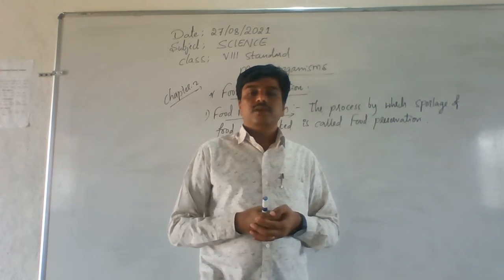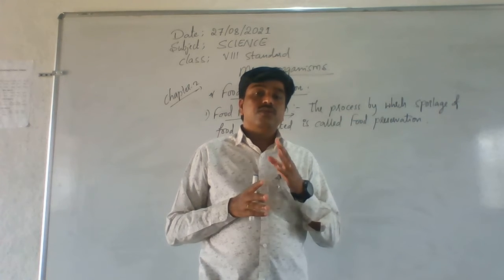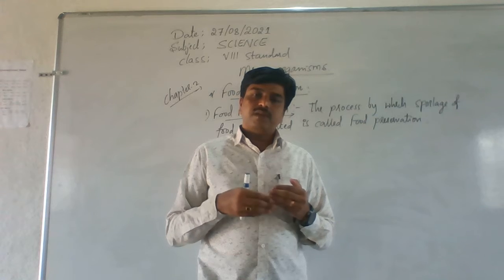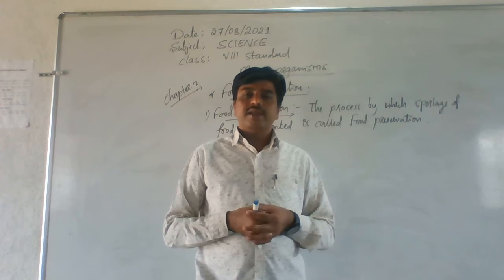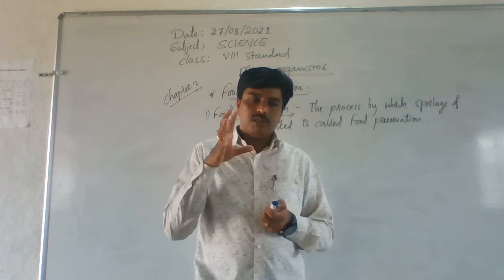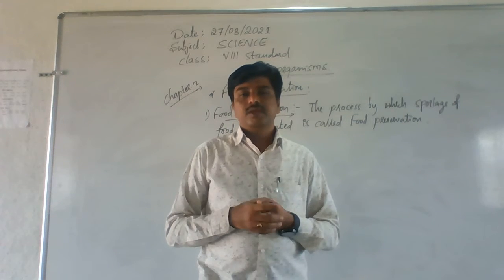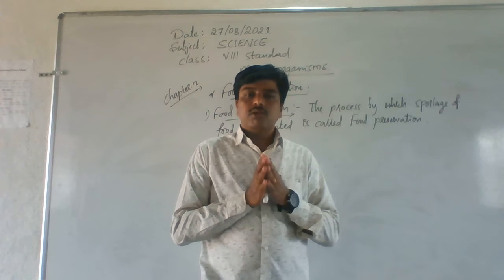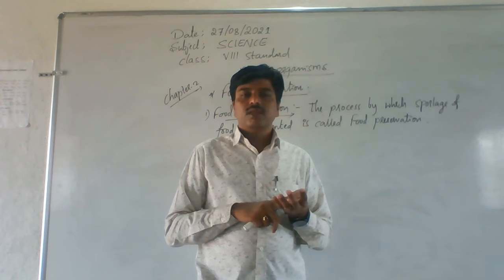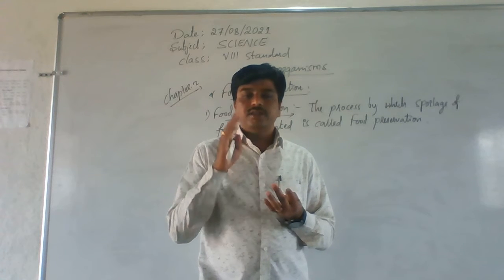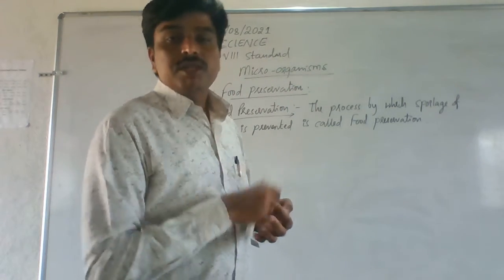If you eat the spoiled food, it causes food poisoning. Understand? Food poisoning can cause vomiting, and it can also cause diarrhea. Vomiting and diarrhea happen. And sometimes it causes abdominal pain. So if you eat spoiled food, it will cause food poisoning. In somebody it causes vomiting, in somebody abdominal pain, and in somebody diarrhea. Okay, so